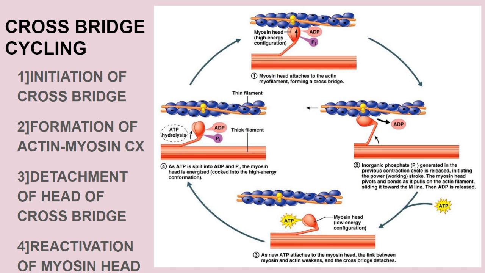Now because of the formation of the actin, myosin, ADP and Pi complex, two main events occur. What two main events? The release of the ADP and Pi from this complex. Because of the removal of ADP and Pi, there will be a conformational change in the myosin head, causing it to flex towards the arm of the cross bridge. The flexion of the myosin head from the high energy 90 degrees to 45 degrees causes a mechanical force and will slide this actin in the direction of its flexion.